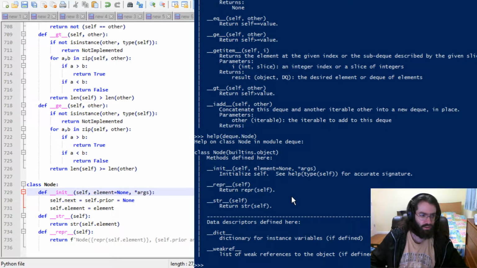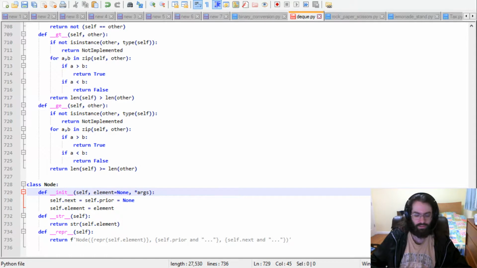Here's what I'm getting. For node, we have repr returns repr of self, and here return string of self. That's what it does. That's good. We're gonna stick with those. But the init